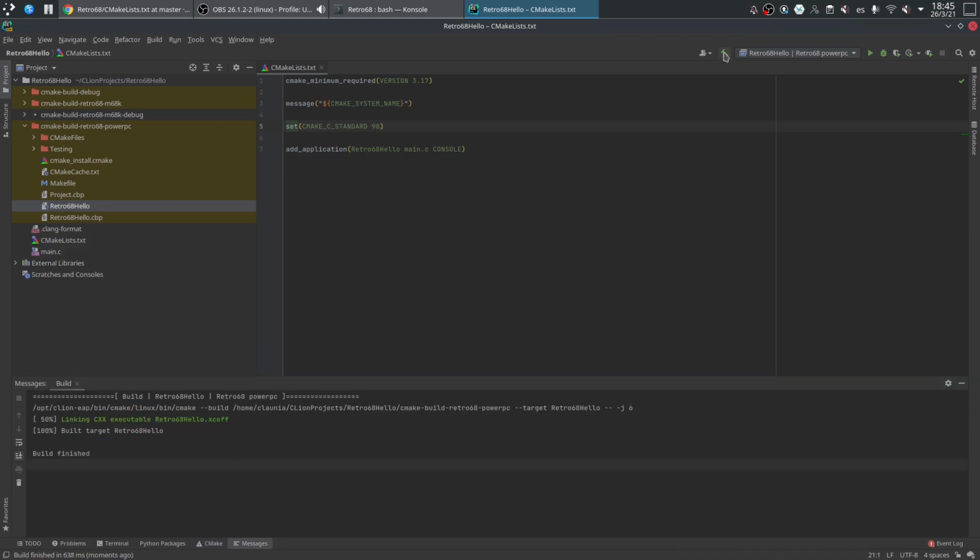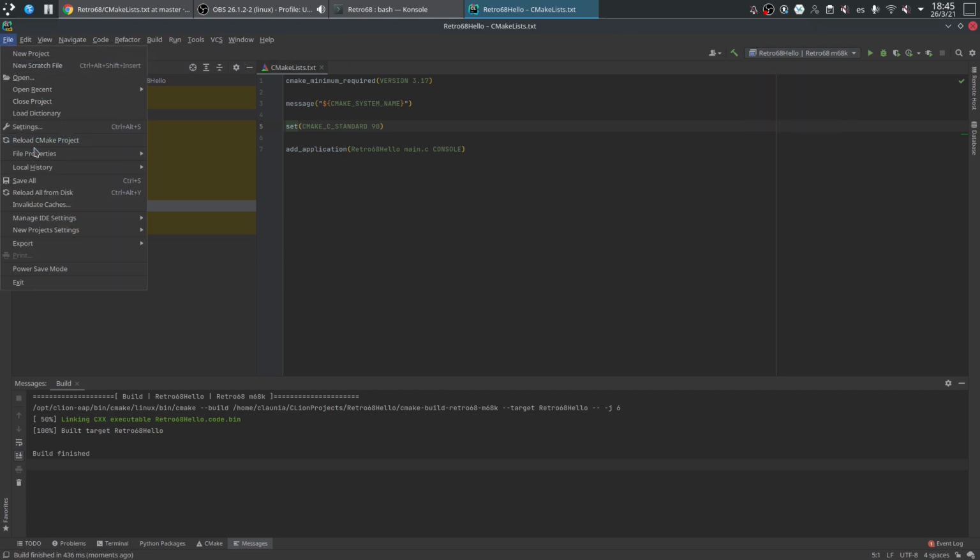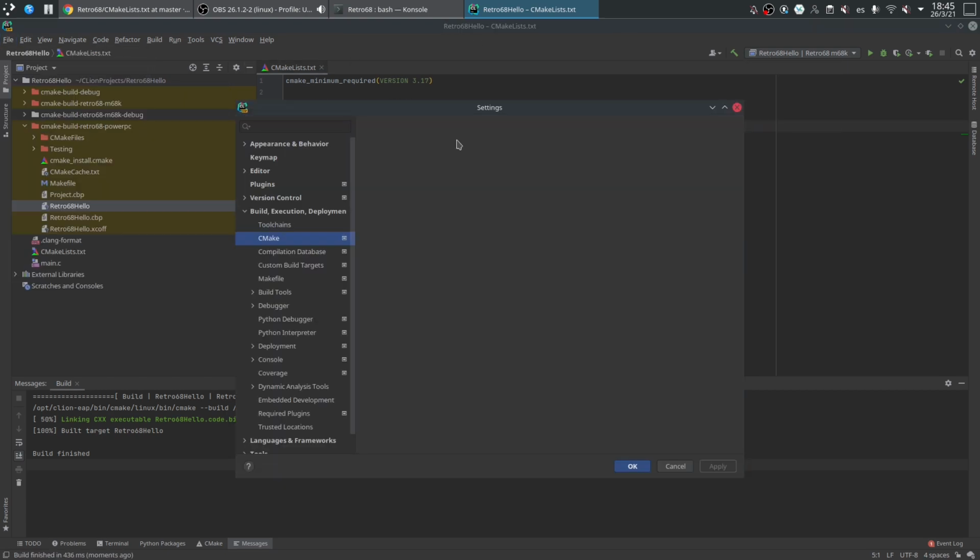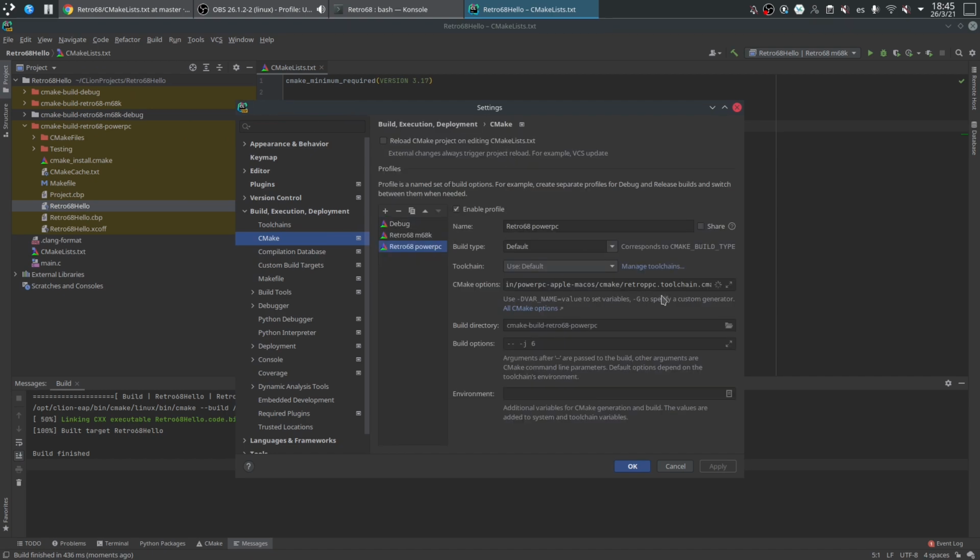Now if I compile for PowerPC, it's going to link the executable and create a proper format. Same if I compile here for Motorola, it's going to create a Mac binary file now. There is also one very interesting thing: you can target Carbon. So same as we have here the PowerPC RetroPPC toolchain, we can just add the RetroCarbon toolchain. And this will generate a PowerPC executable linked with the Carbon library for macOS.